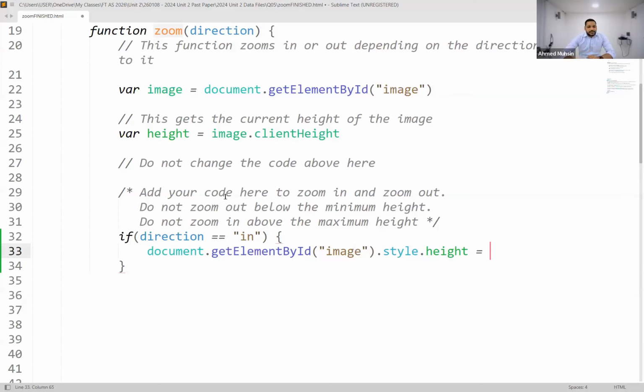Which variable has the current height? I want the current height to increase by 400 pixels. Read your code and see. Hasn't the examiner given us a variable with the height? Guys, right here, what has the examiner said? Variable height has the image's current height, isn't it? So I'm going to say take variable height